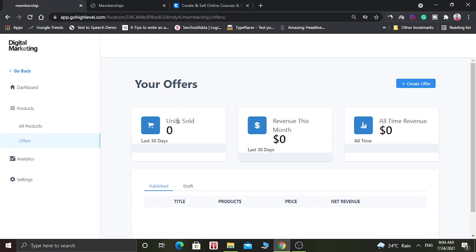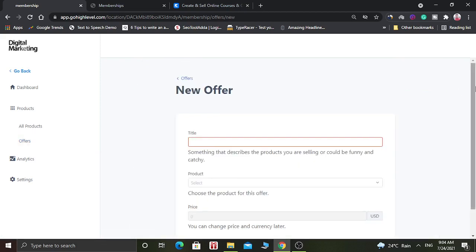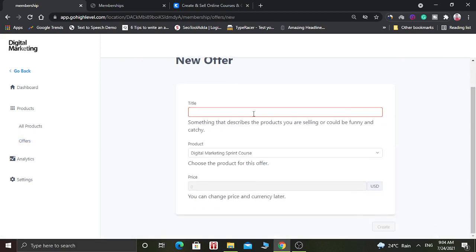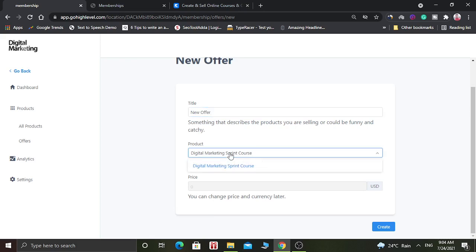Here you can see in the dashboard how many units you have sold in the 30 days, how much revenue you have generated, and you can see all time revenue, and you can create the new offer from here. You can give an offer title, you can select the product and the price you want to give.